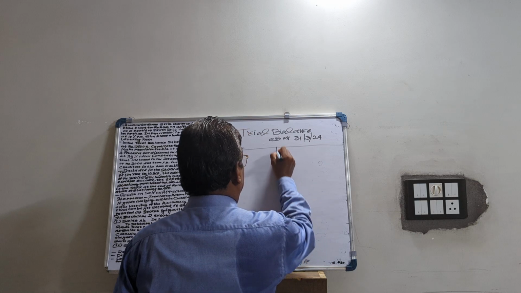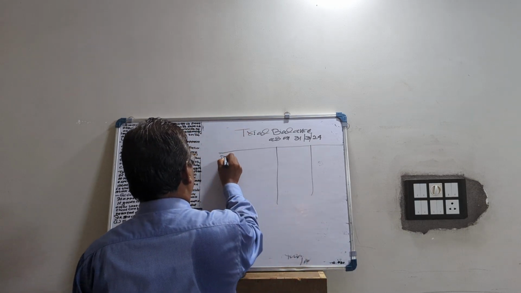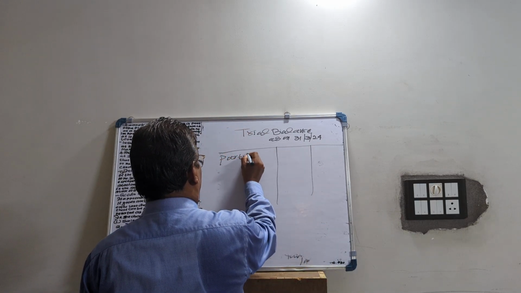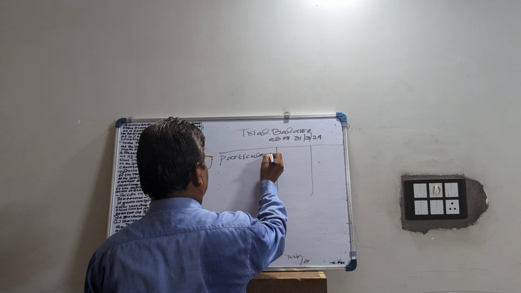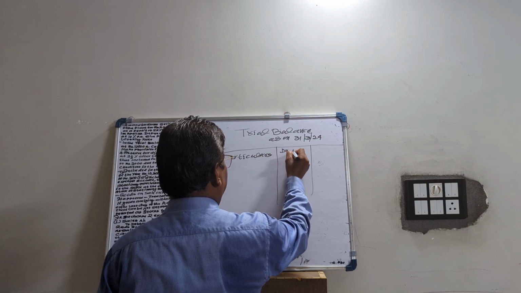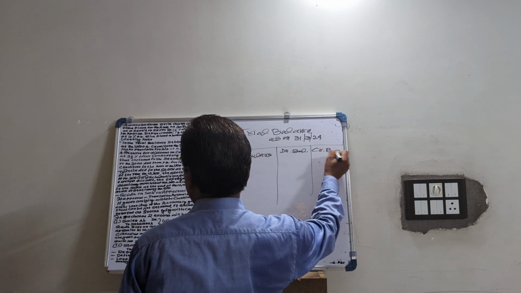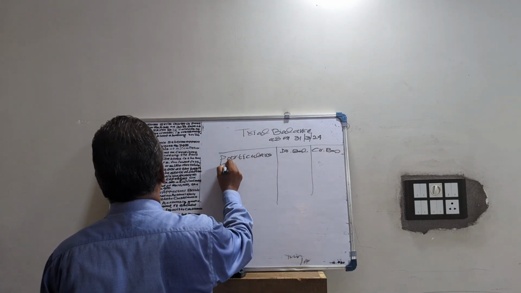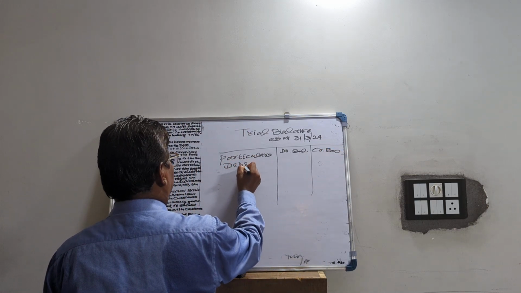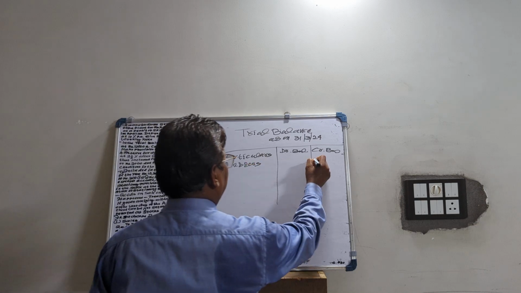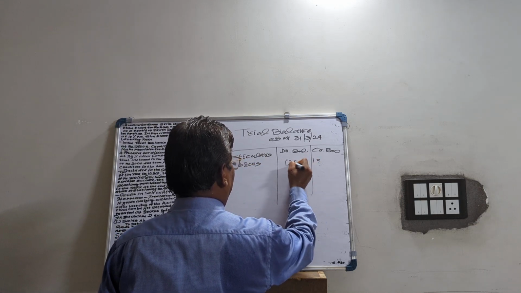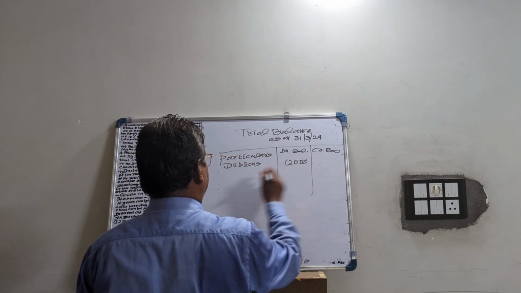Then these are particulars, debit balance, credit balance. So debtors is written 12,000 on the debit balance. Then creditor is written